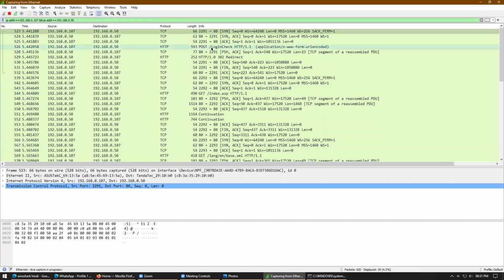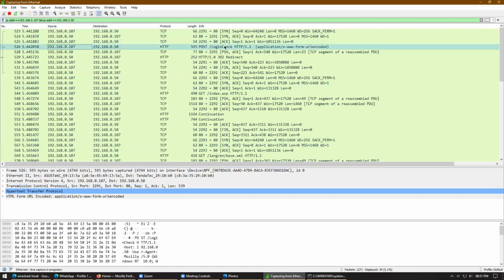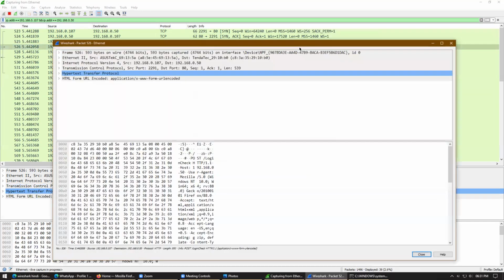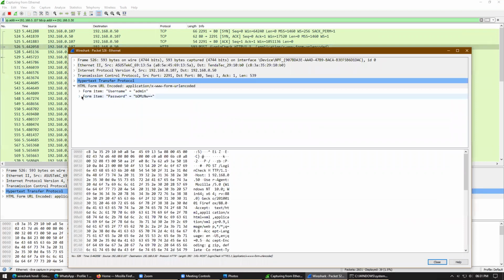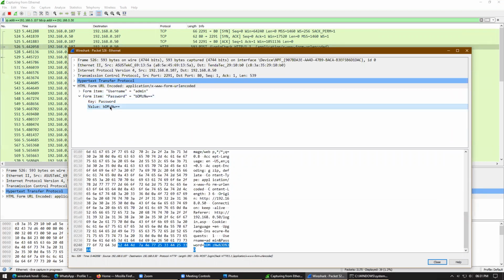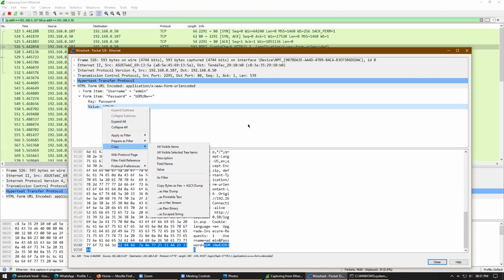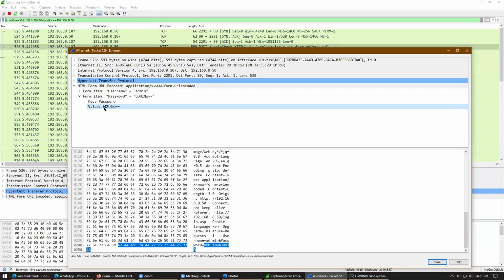And you can see I just log in, and here is the login check. Application URL encoded. Okay, and let's see what type of login is here. Username, admin, and password. You can see what type of password it is, encoded. Whenever you see something like random letters or numbers with double equal signs, that means the encoding here is base 64 encoding.